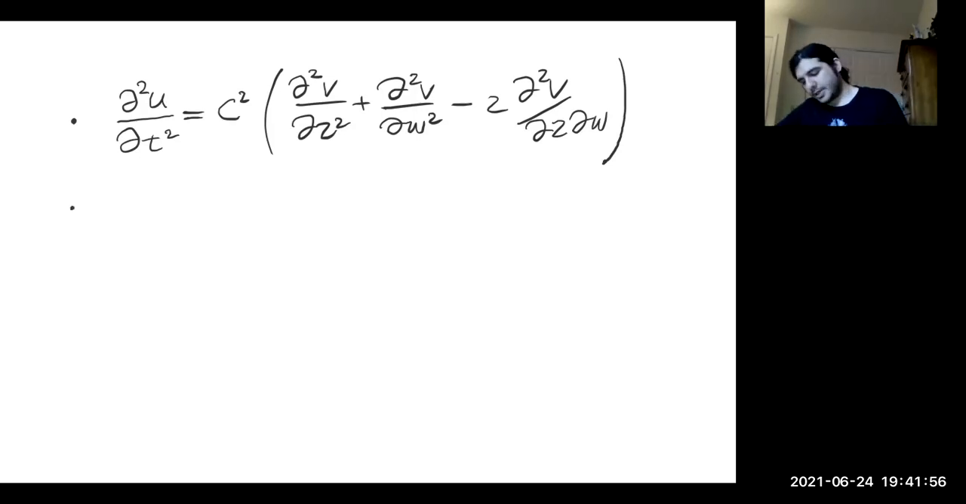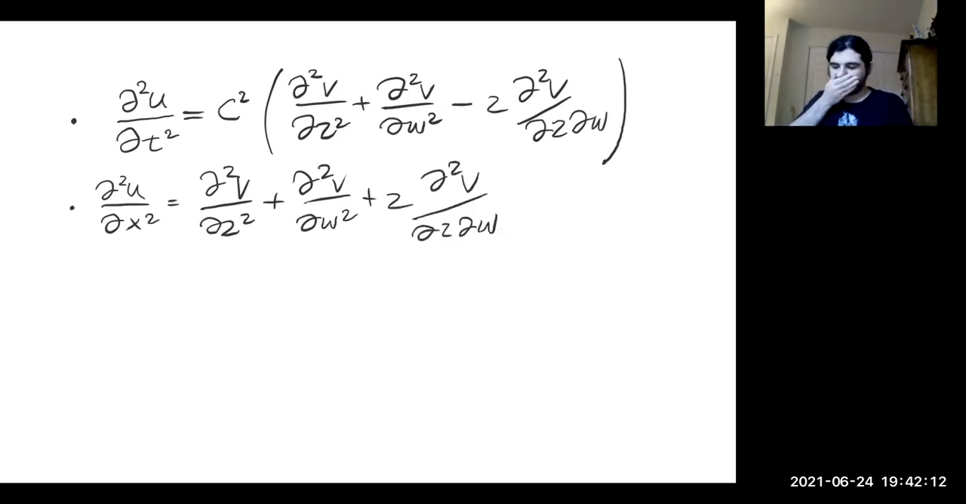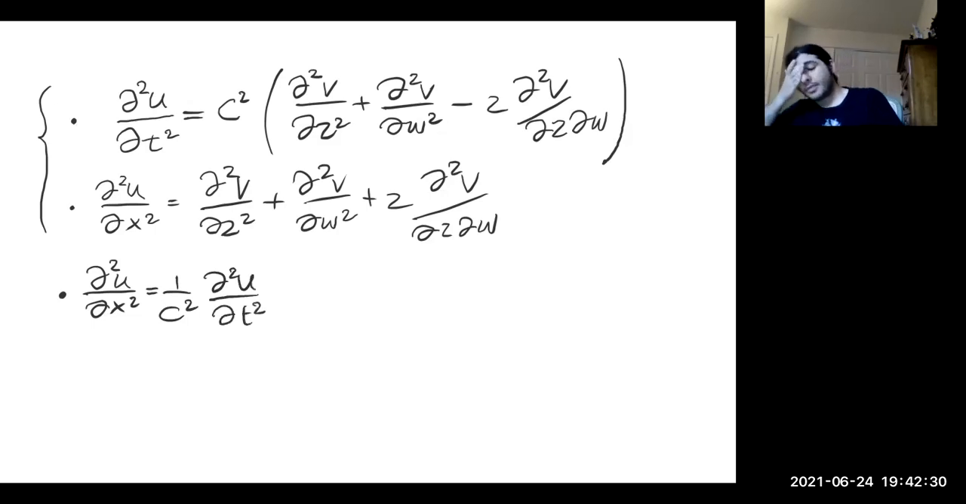It's just completely similar to the thing we had in the previous page. So in the previous page, we computed second derivative of u with respect to x is equal to second derivative of v with respect to z plus second derivative of v with respect to w plus 2 times the second derivative of v with respect to z and w. So we have these two expressions. Now the wave equation tells us that second derivative of u with respect to x is equal to 1 over c squared second derivative of u with respect to t. Now, if we plug in these things into this equation,